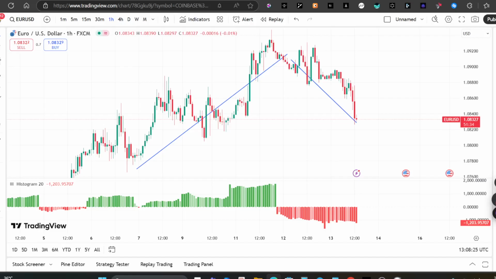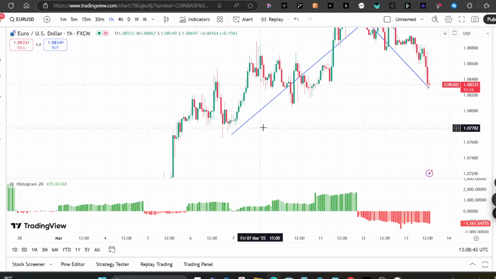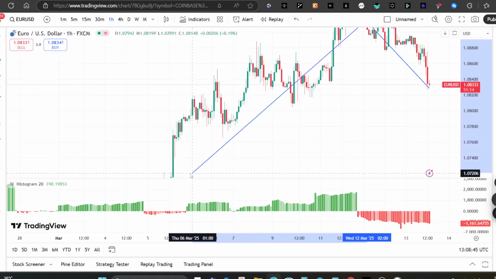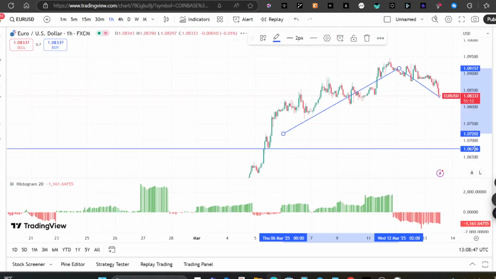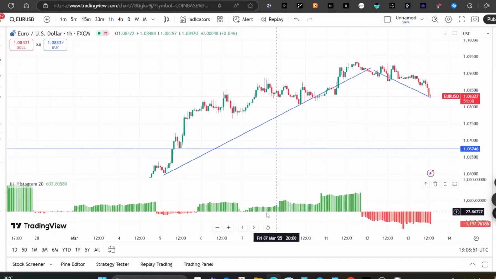So now that we know how to interpret this indicator, let us talk about how to actually use it in trading. Okay, the first strategy is confirming trend strength. You can use the III to confirm an ongoing trend. Okay, if price is trending up like what we have here, right, you can see that price was clearly trending up, right? So if price is trending up and the III remains consistently positive, those periods where it was above